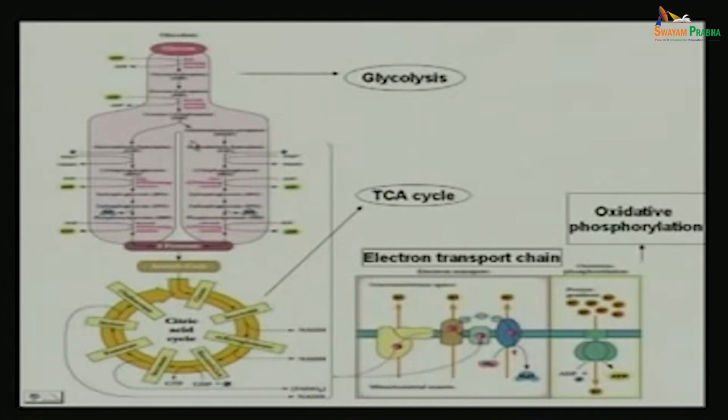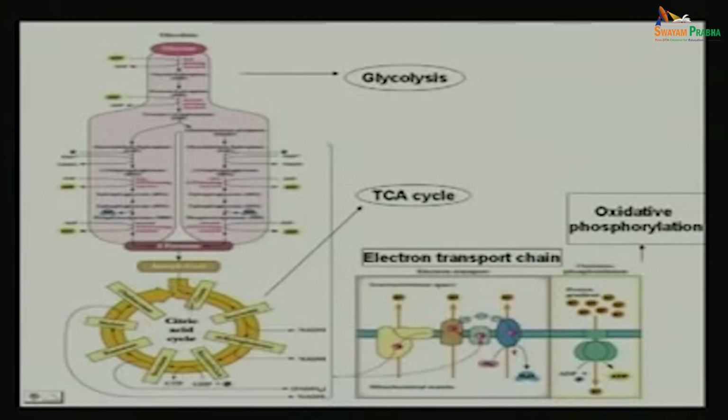During this process, 2 ATP molecules were consumed in the first steps of glycolysis, and in the second stage 4 ATP molecules along with 2 NADH molecules were produced. So, when we did the net energy balance, we have seen that a net gain of 8 molecules of ATP was there. In case of the TCA cycle, we have also learned how pyruvate is converted to acetyl-CoA,